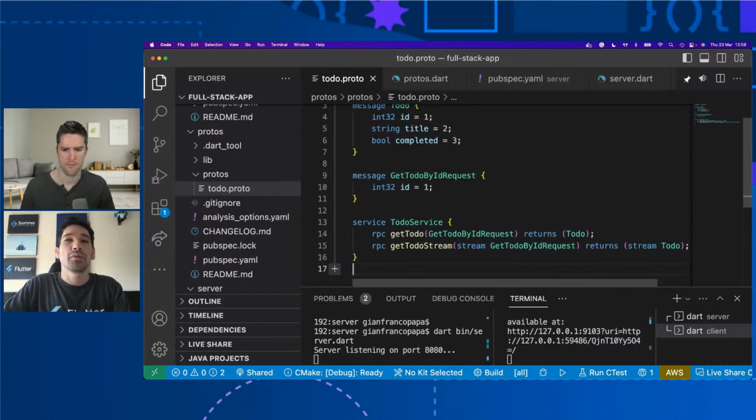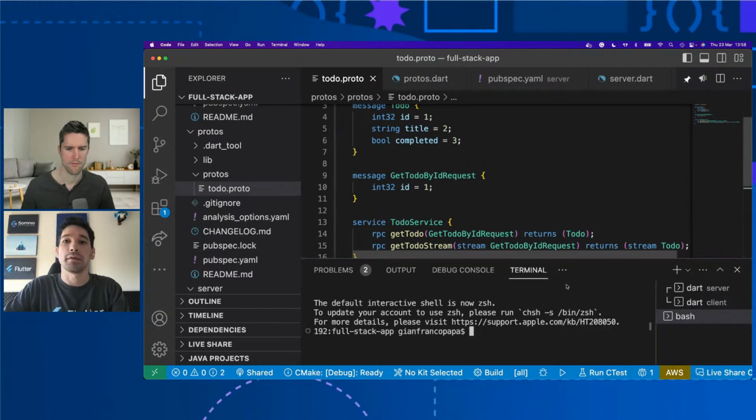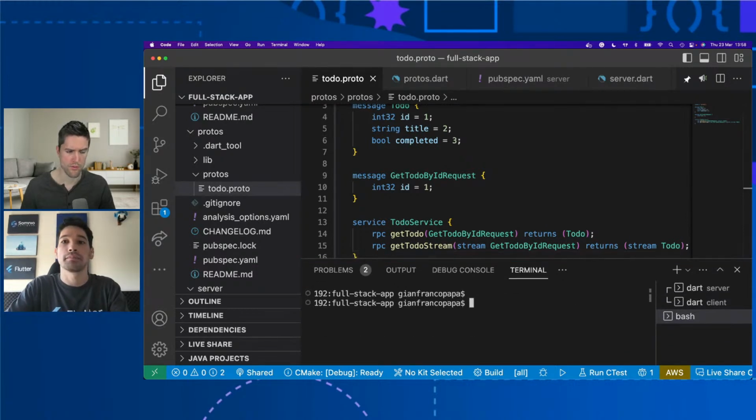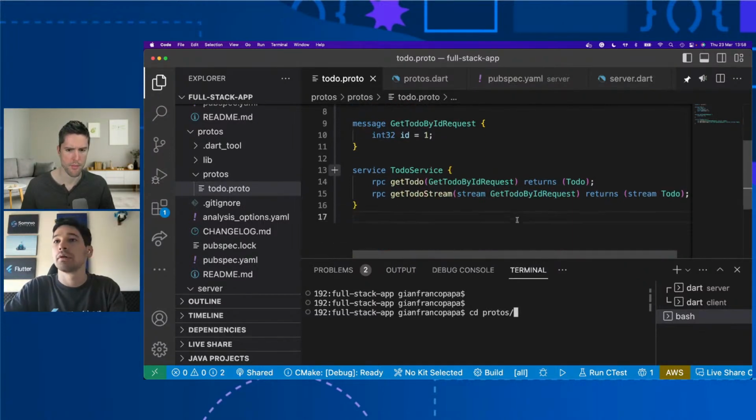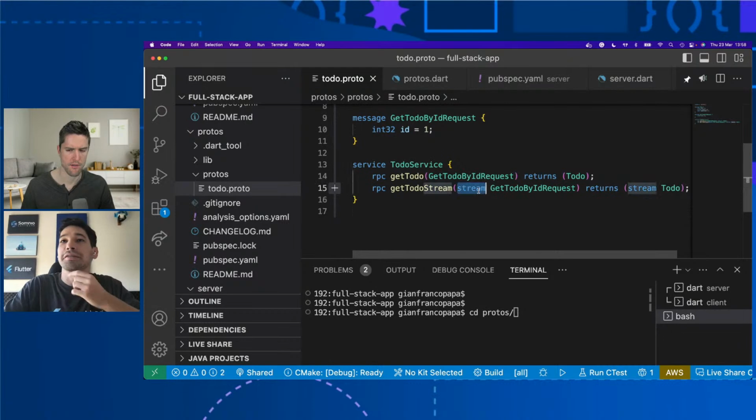So what we need to do right now is go to our commands, the proto C command again, and auto-generate this. Are you intending to leave the stream keyword in the parameter on line 15? Oh, that's right. Yeah, maybe we can start simple with only streaming things from the server.